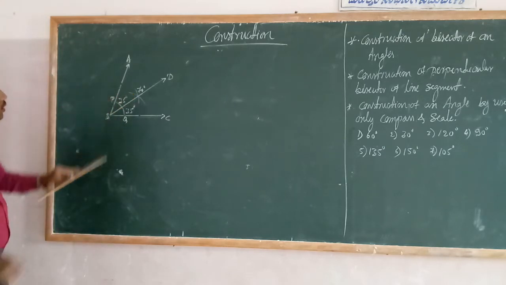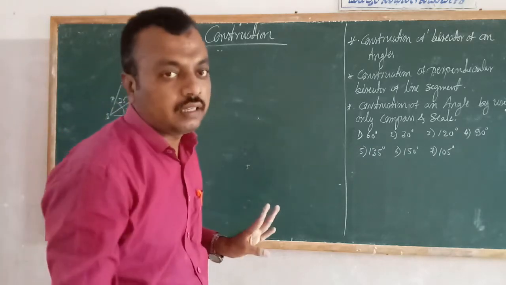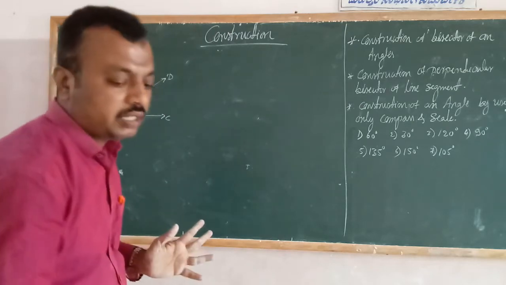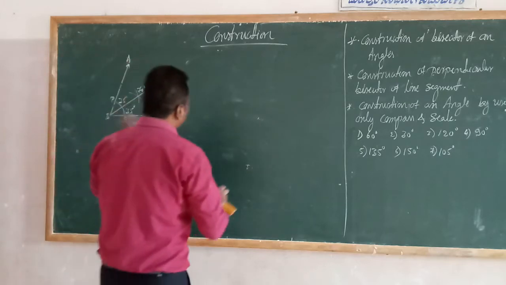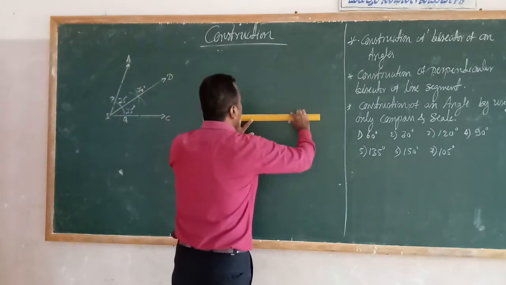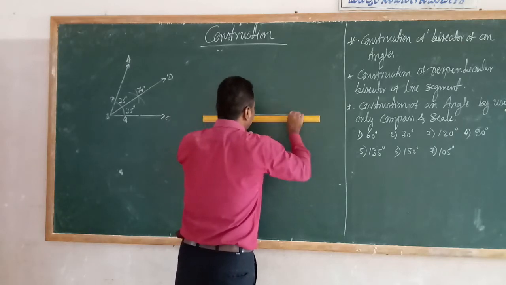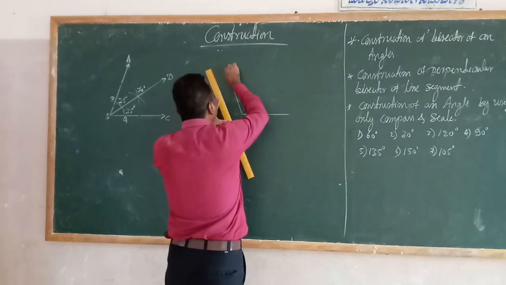So that's why, like this, you have to construct the bisector of an angle. Okay, next. Likewise, any kind of bisector line you have to draw. Another one I will show you. See, this is an acute angle. I am showing the obtuse angle. Same, all the same procedure.